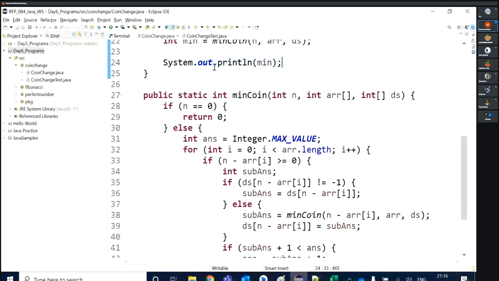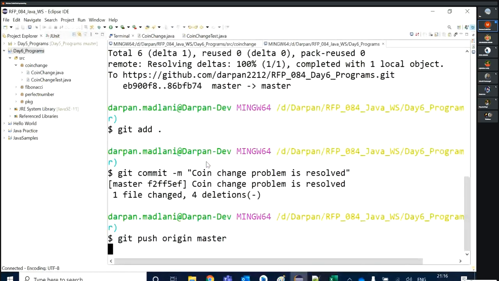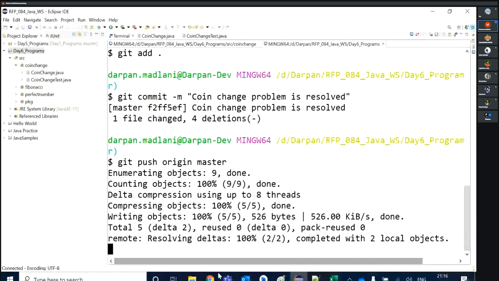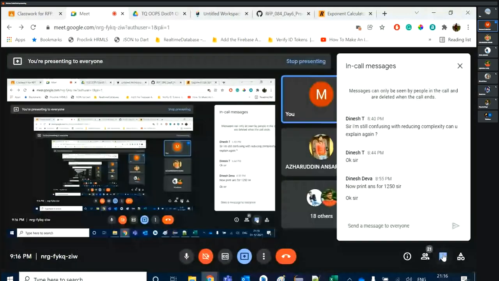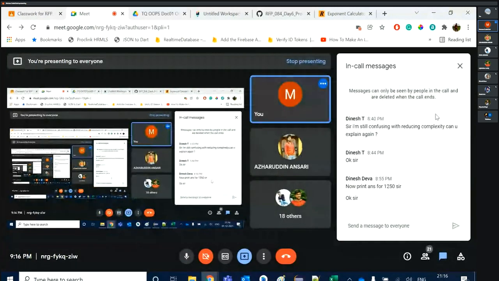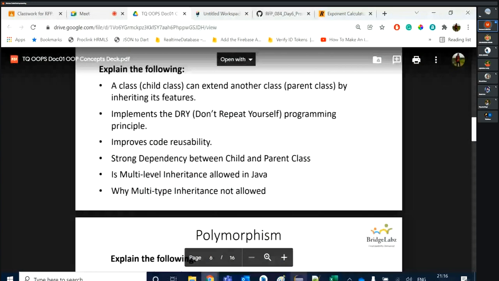Okay, that we are printing it. Git add dot, git commit coin change problem and git push origin master. See, basically our main problem has resolved.